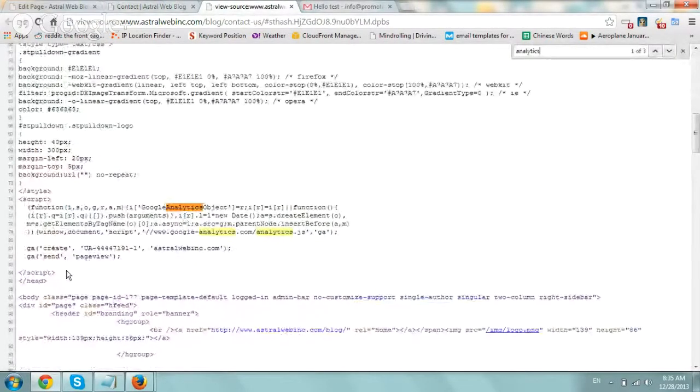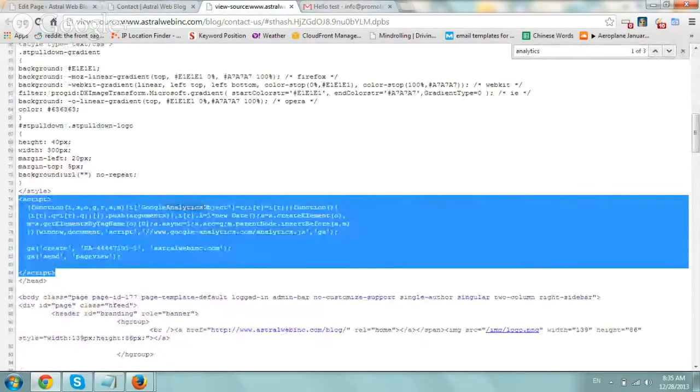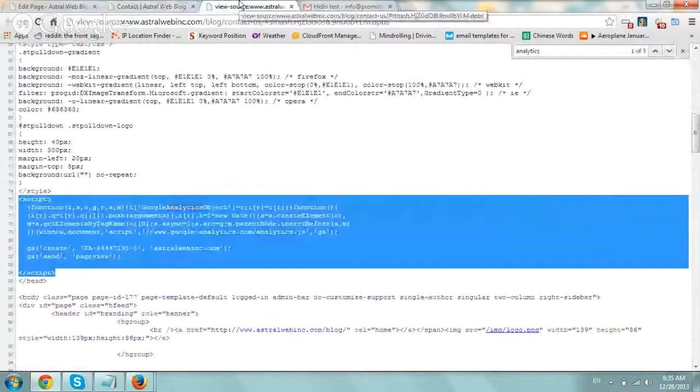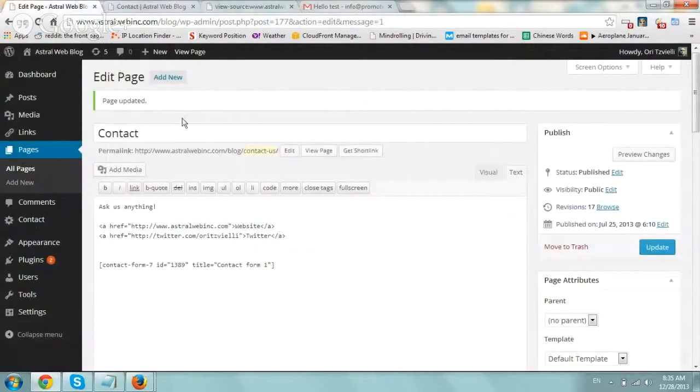You see we have the analytics tracking code right here, right? This is actually universal analytics, the latest one, right? So now if we want to track every time a form gets submitted correctly, and we want to know that as a goal or as event tracking, so we can know who came, which mediums or which visitors came from which area and actually contacted us or did some kind of event,